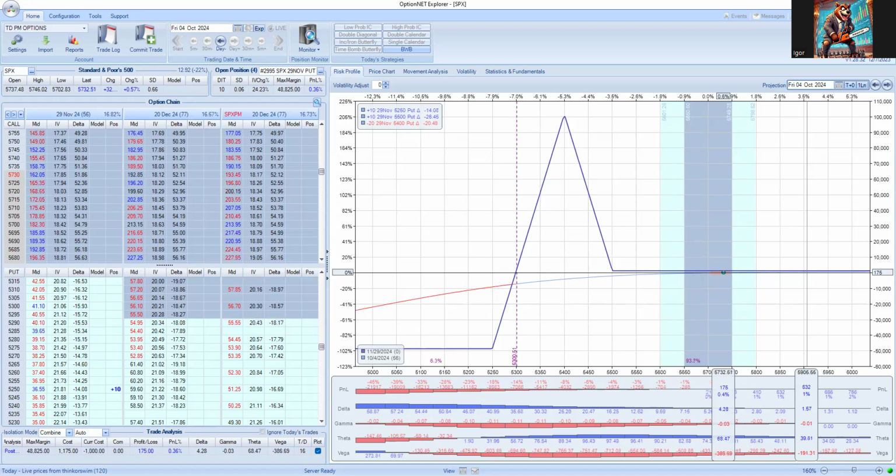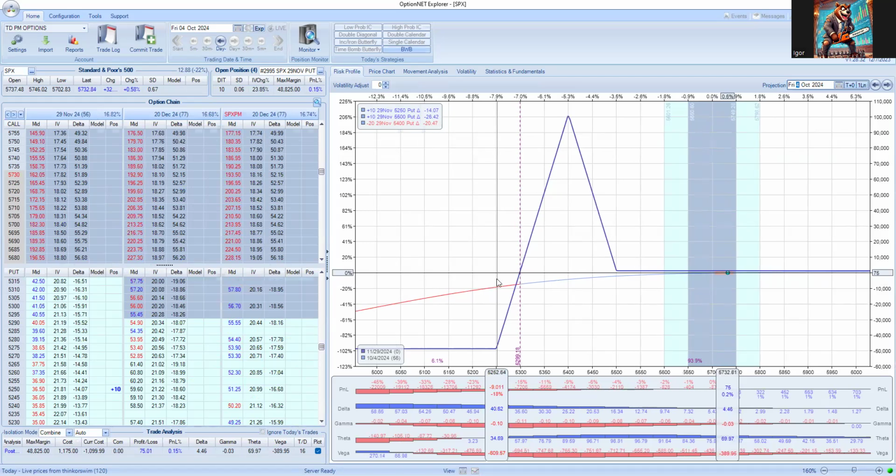So in this example here, what you're looking at on the screen, this is a 10 lot. And you can see that the max risk, max Reg T risk in this trade is just shy of $50,000, right? So if I say I'm going to do this trade and the most I want to have at risk in this trade is, let's say, $50,000. Now I know with a 10 lot, this is my max size,